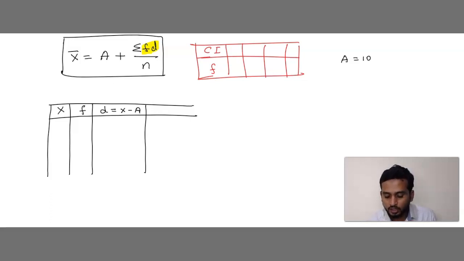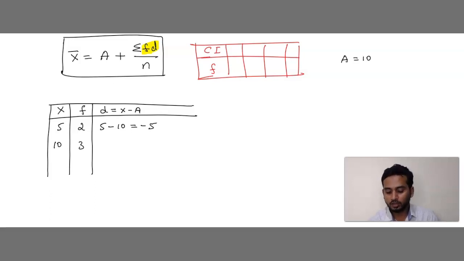Let me say here we have 5, here we have 2. Assume the value of x is 5 and the value of f is 2 and the assumed mean is 10. First write d equals x minus a. What is the value of x here? 5. Minus what is a? 10. Substitute. In place of x write 5, in place of a write 10. 5 minus 10. Can you subtract 10 from 5? No. So 10 minus 5 is 5, that is minus 5.